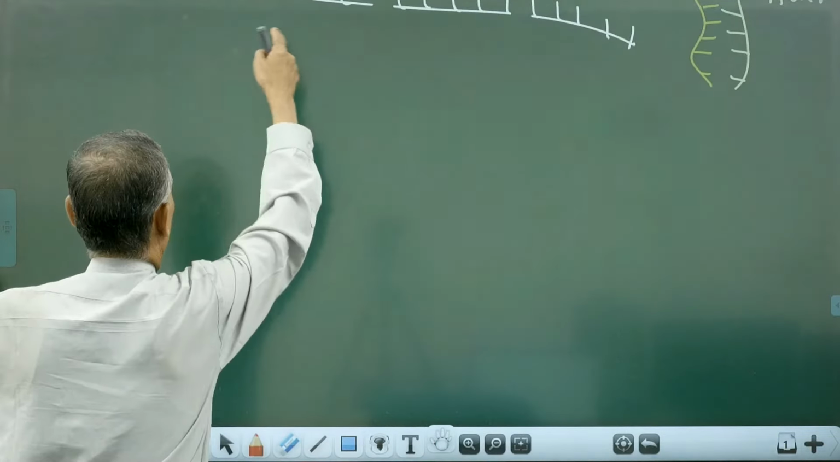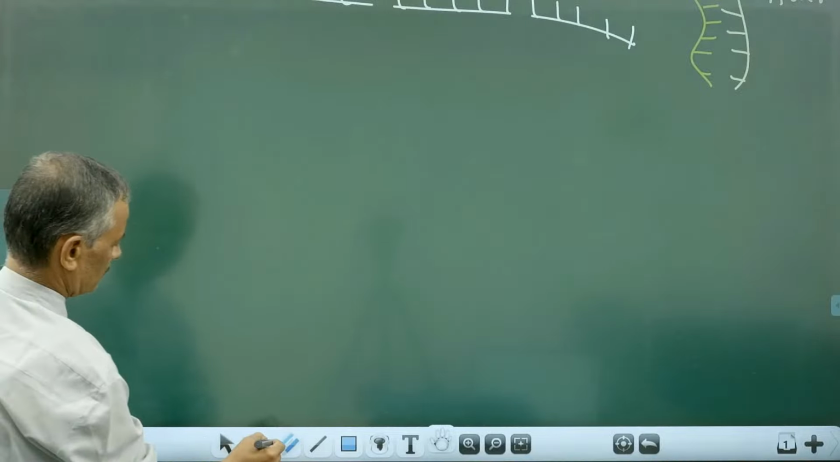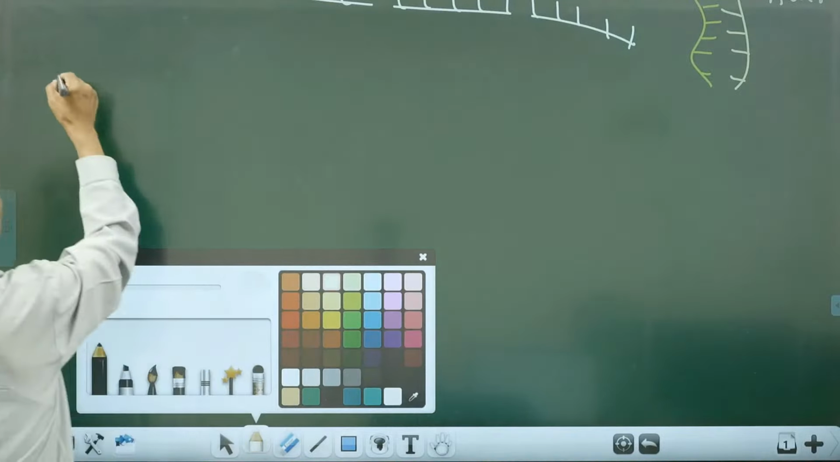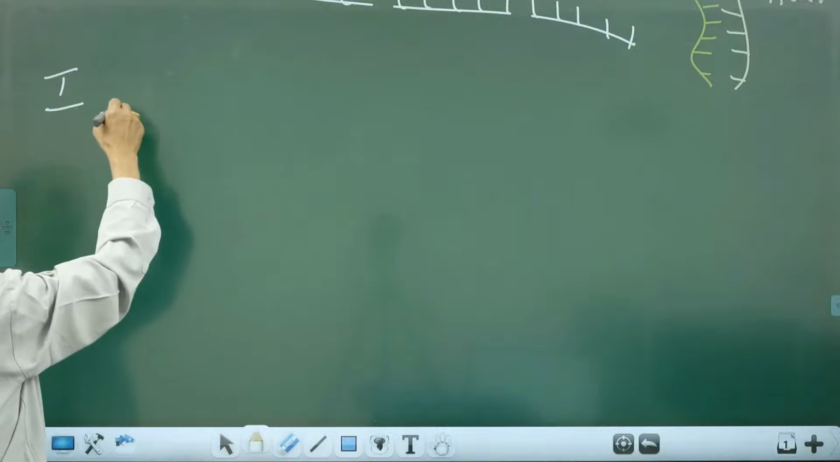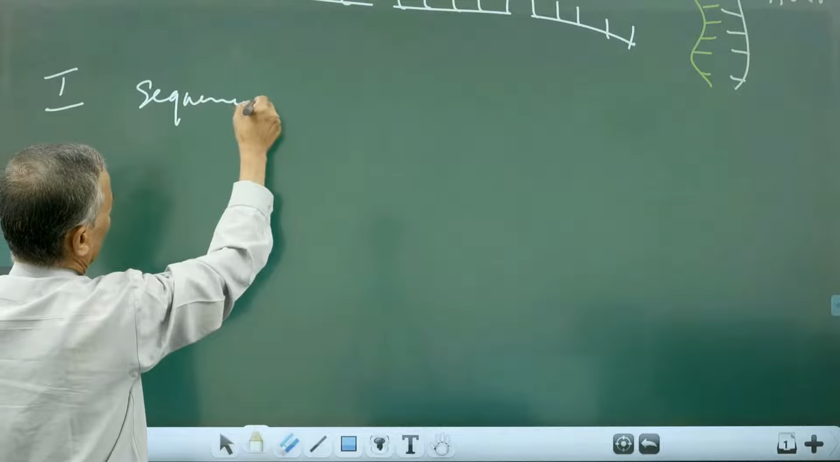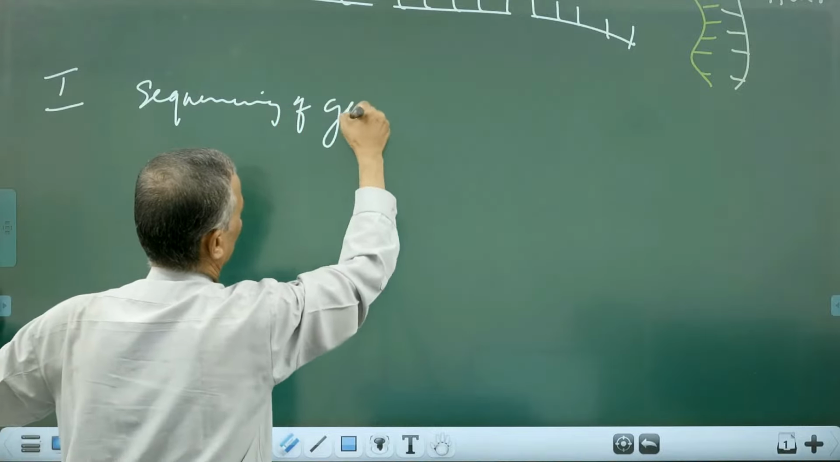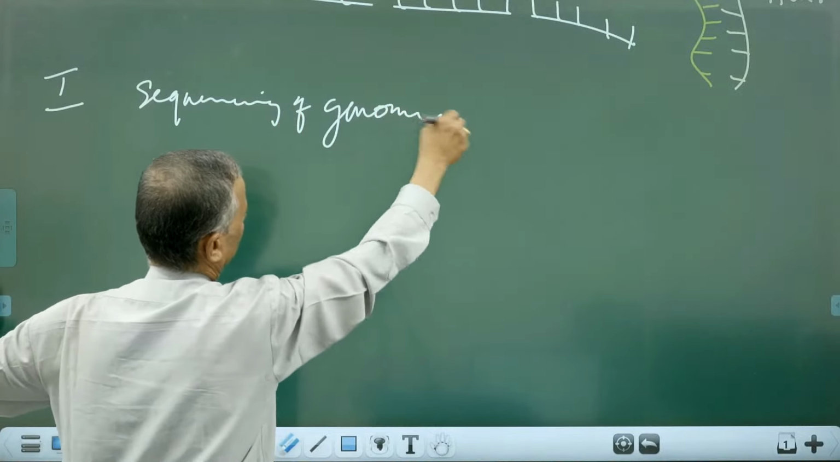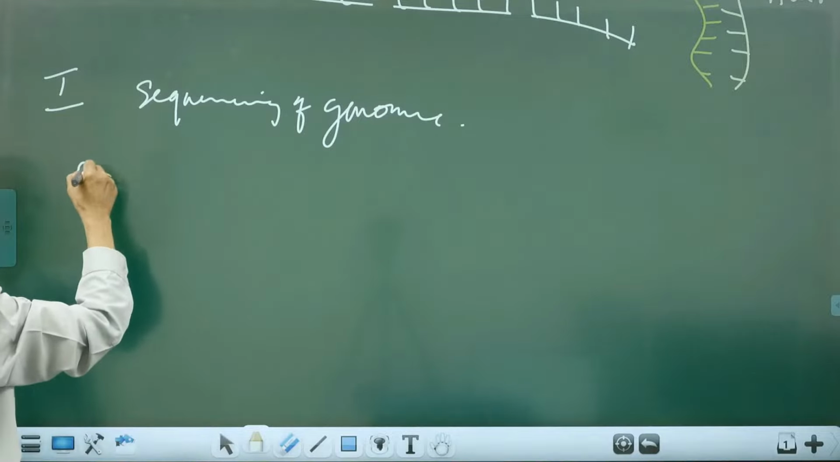What is the first step? In step 1, we are identifying the sequence of the genome. That itself is done in 2 steps,